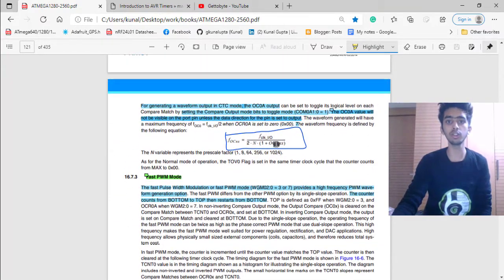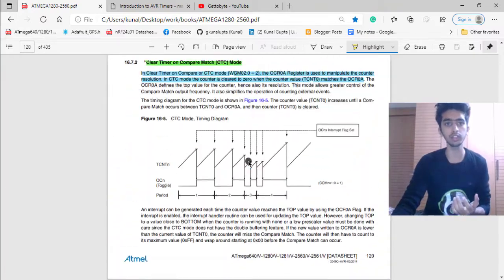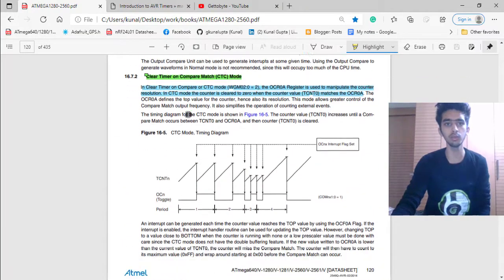Similarly, just one more thing for setting the compare output bits. All these things, COM0A and WGM, come under the setting and control of the timers, and this is the formula for knowing the frequency of the output wave which is generated in the clear timer mode.